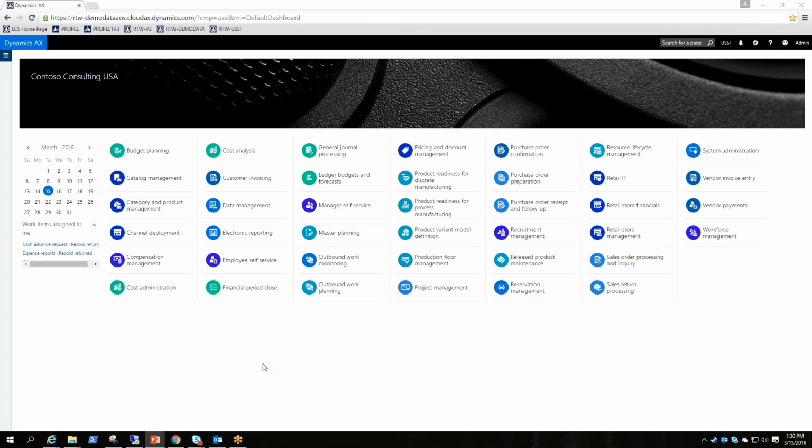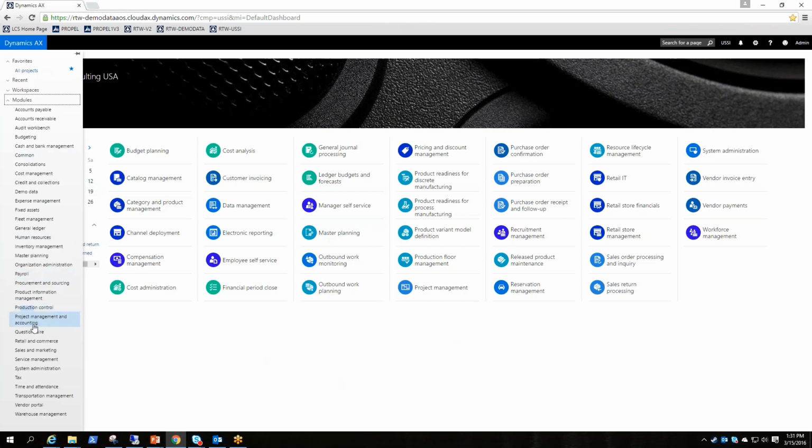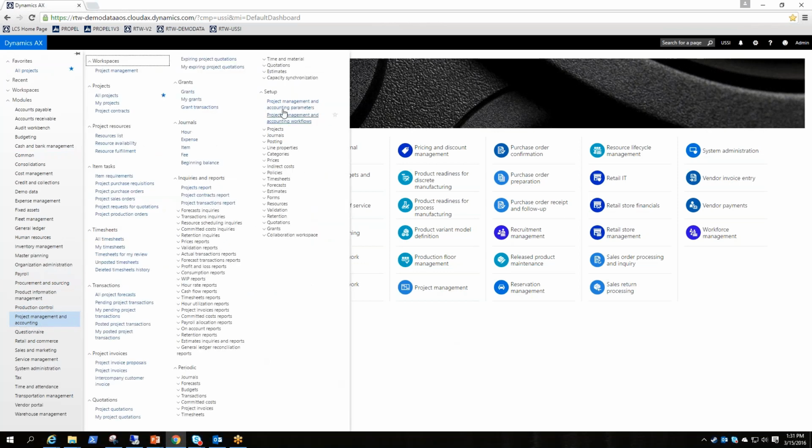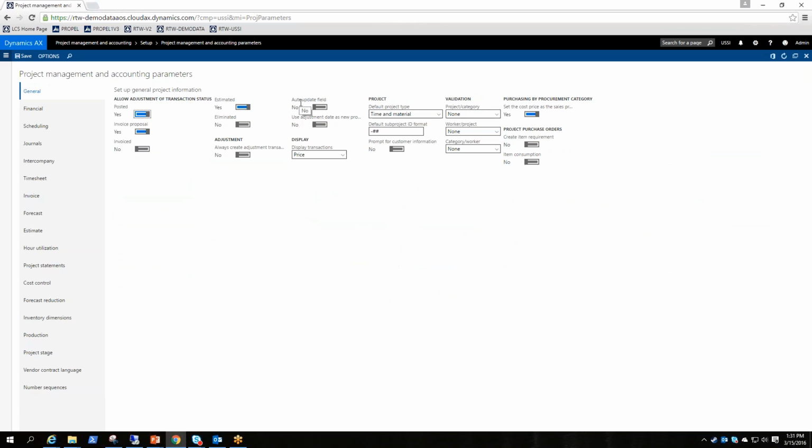So the first piece of setup that you need to complete before creating a sub-project is to define a parameter. So if we go under modules and then project management and accounting, and then go to setup, project management and accounting parameters, there's a field that we need to define in here. You technically do not need to define this to create a sub-project, but it's very helpful. And I know over the years that I've taken AX requests, I've been asked multiple times how you default this